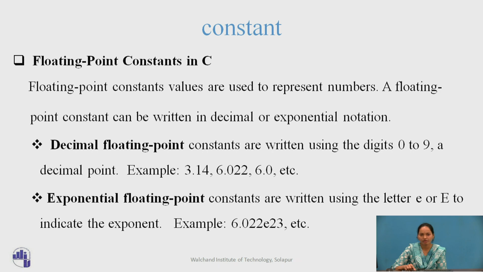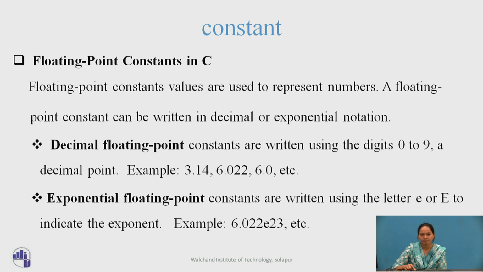Next is floating point constant in C. Floating point constant values are used to represent numbers. A floating point constant can be written in decimal or exponential notation. Two types of floating point constants are decimal floating point and exponential floating point. We will see the decimal floating point. These constants are written using digits from 0 to 9 and a decimal point. Examples are 3.14, 6.022,